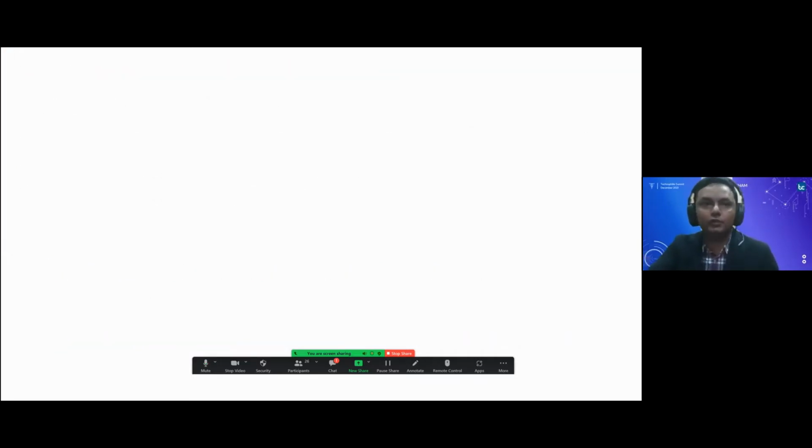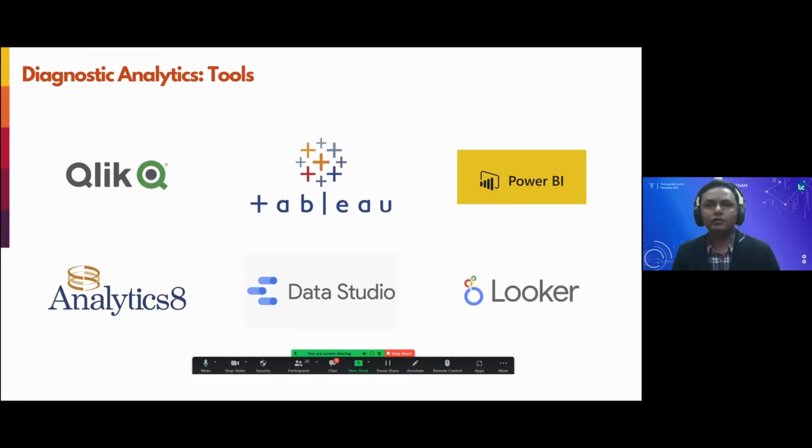In terms of the tool set, I don't see there is a major deflection in terms of the tool set for diagnostic analysis. I think all of the major platforms that we have in place are able to, basic platforms which you have already seen, Power BI, Tableau. I have just added a couple more, but they are similar platforms. There is no major difference between the first version, prescriptive, and the tools that you have for diagnostics. So if you are hands-on with these platforms, you should be able to perform the diagnostic analytics as well.